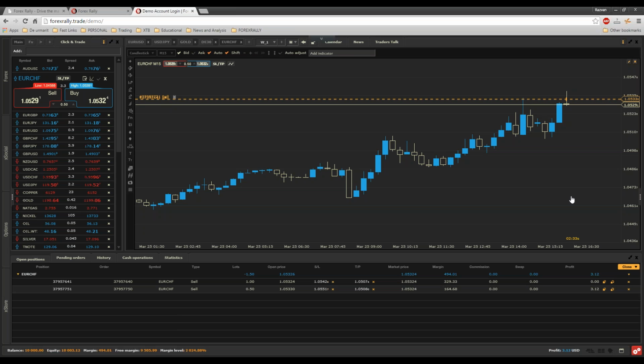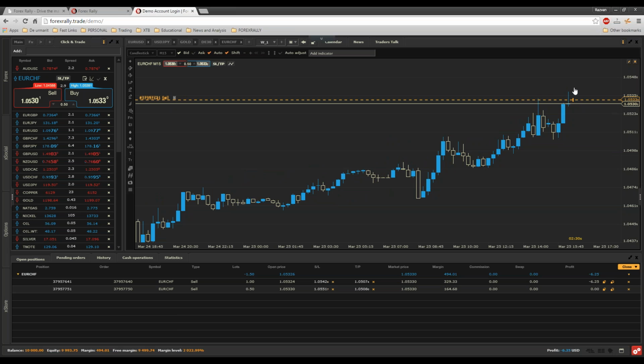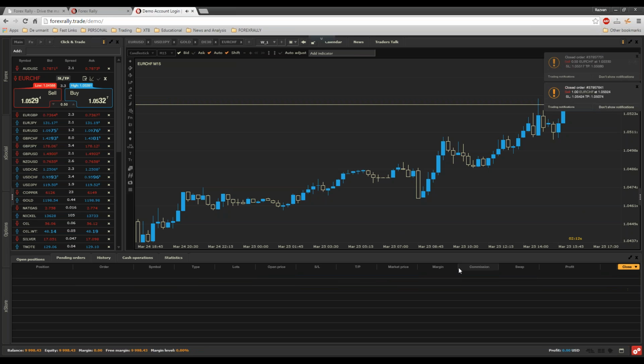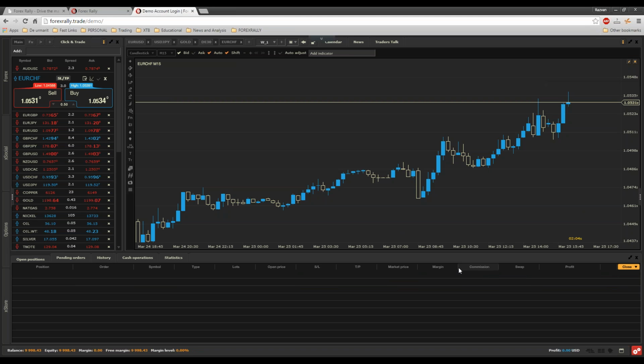Now, we're a bit in luck, because here the chart says that we have a very good chance for the price to go a bit lower, and we can close with a profit. Now, I'll close this trade for you to see. Close all. If I click this yellow button here and close all, it will instantly close all my positions. This is a very nice feature that you will not find on MetaTrader or some other platforms. Why? Because if you get to a certain level of profit or a certain level of loss, you can instantly close all your trades with close all, or close only losers, or close only profitable trades.